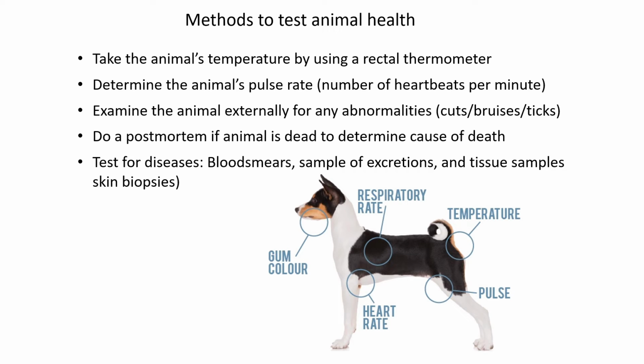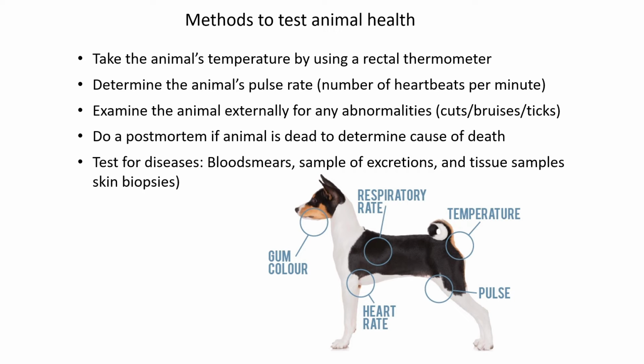And it's the easiest. Then secondly, determine the animal's pulse rate, the number of heartbeats per minute. And the pulse rate is usually done at the backside here of an animal. Technically, your pulse rate and your heart rate is showing you the same thing. So you can either take the measurement here on the inside of the front leg, like the armpit area, or the same general area at the back here, the hind legs. So, yeah, pulse rate, heart rate, technically the same thing.